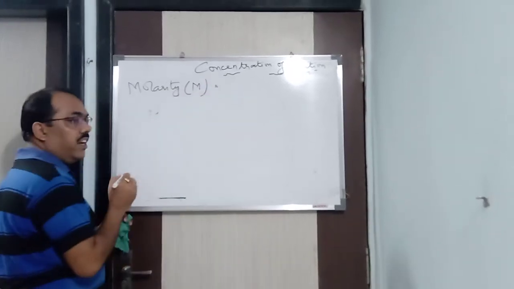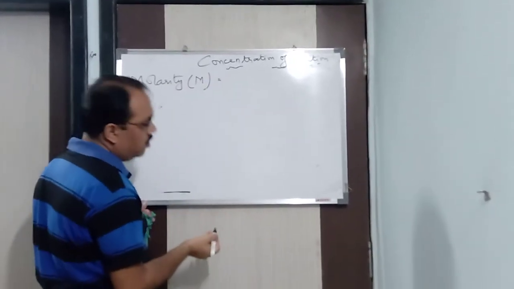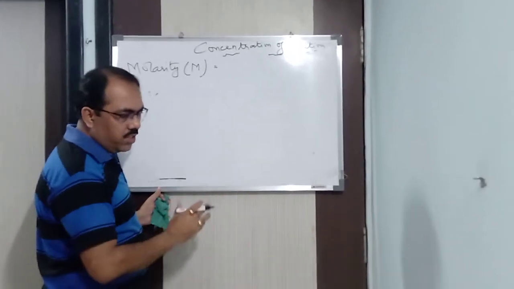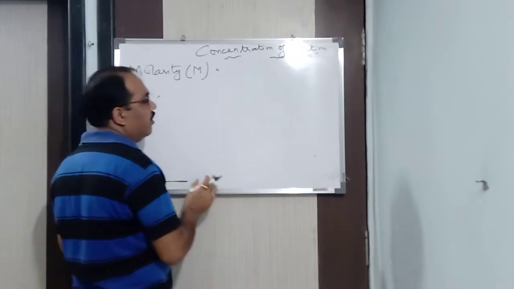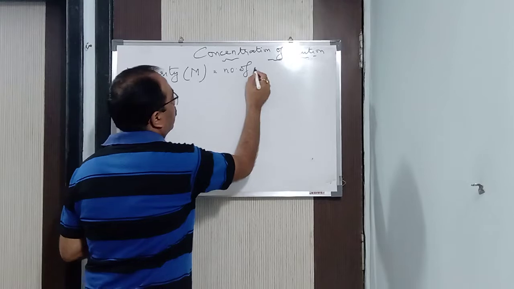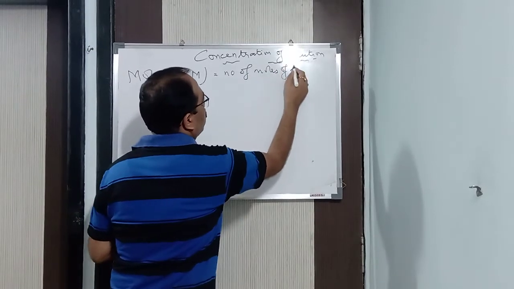Molarity. It is defined as the number of moles of the solute to the volume of the solution in liters. Again I repeat, all these definitions which I am saying, you will see in my PDF. It is being given to you. Alright, so what I said, molarity is the number of moles of the solute